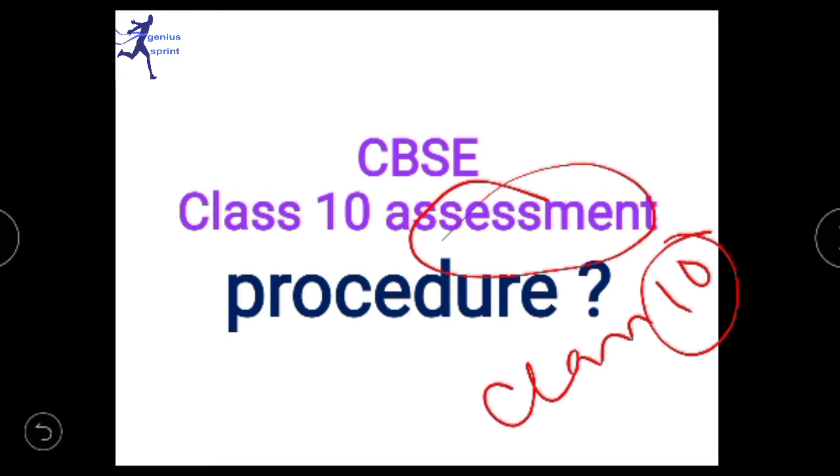In this video I am going to tell you how these marks should be given to all the students. So for seeing this procedure you should continue with our video and see the end of it. I will try to clear your doubt about this assessment, that means how these marks would be given to all of you, those whose exams have been cancelled. So without wasting time, let's start.